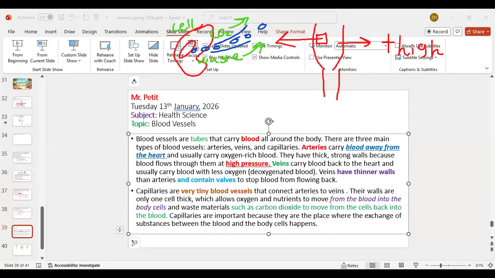Blood flowing back into the body. Very good. To prevent the backflow of blood. Okay, so here we have